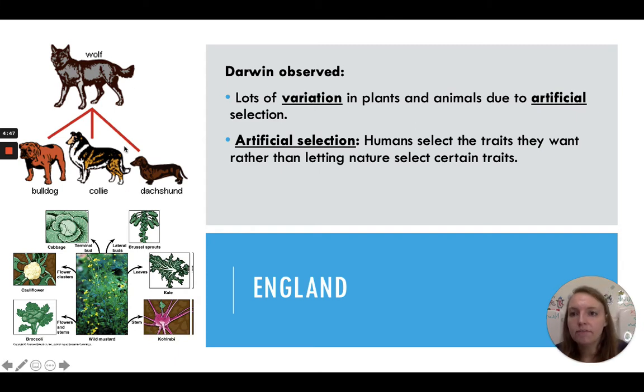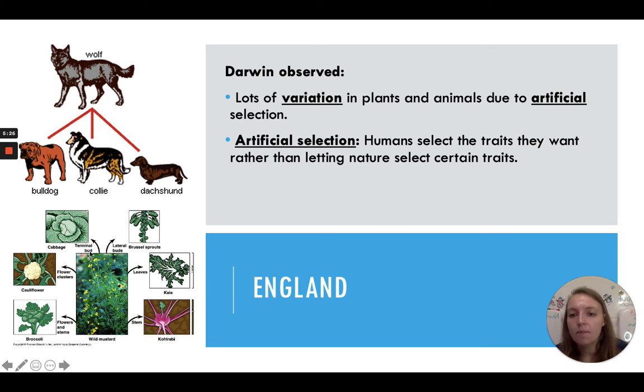So for example, on the left-hand side of your screen, you can see we've got a wolf, and humans have domesticated wolves to dogs. And then taken that dog and selected for specific traits. Maybe there are working animals that have to do specific jobs. So humans have chosen traits for those jobs. Like if you need a dog that's for hunting and you need it to be able to run fast and catch prey that you've shot at, for example. Humans are able to breed for those specific traits and get a fast dog that's obedient.